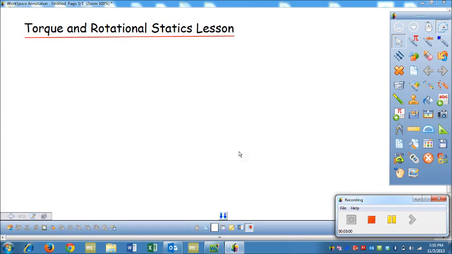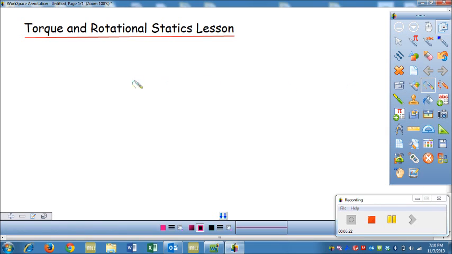Welcome back, class. Today's lesson is about torque and rotational statics. That means things that are not necessarily rotating at the moment, but they have rotational forces on them. So what we're talking about really here is, so far when we've dealt in two dimensions, which is mostly what we've done,